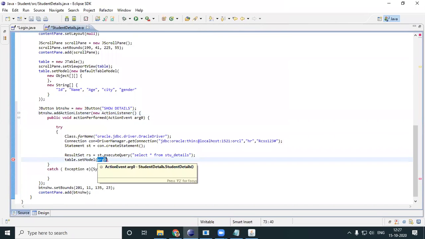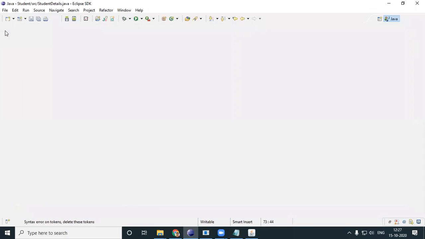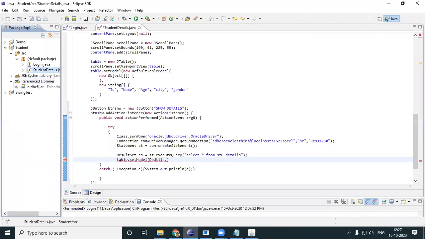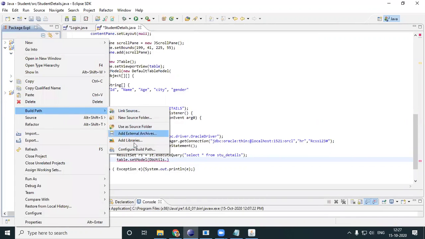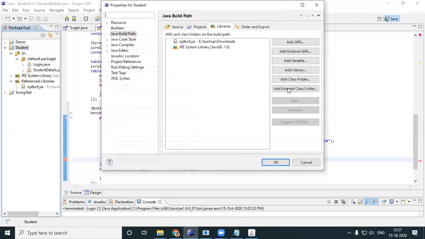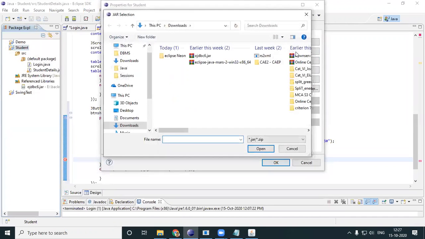So what I do is I will be using DB utils. Just a minute. Before that, let me see if I need to even import. I haven't imported all that. Configure build path, add external jar, rs2 XML.